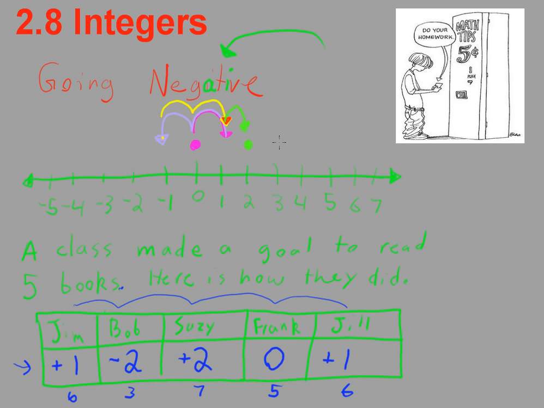So let me explain what that means if we're at 2. If each person in the class was supposed to read 5 books, and there were 5 people, they were supposed to read 5